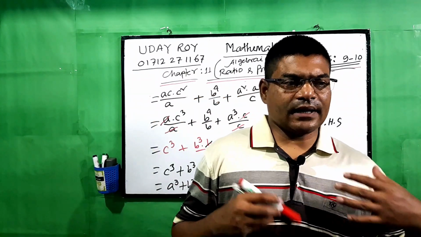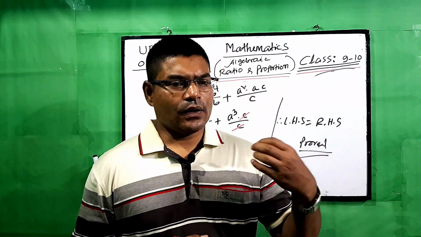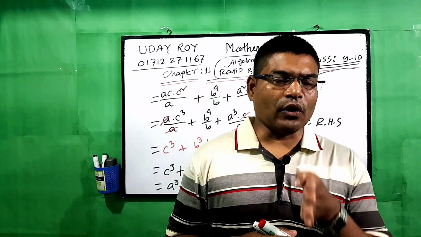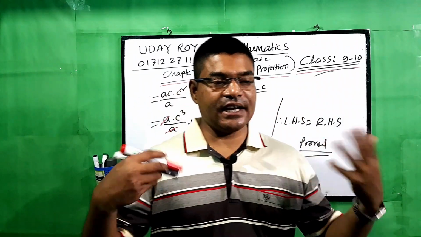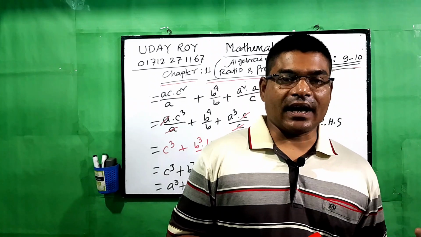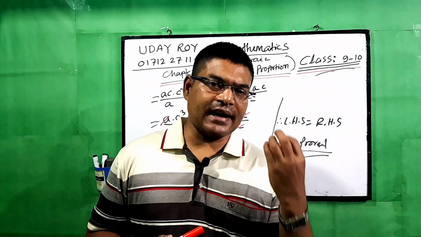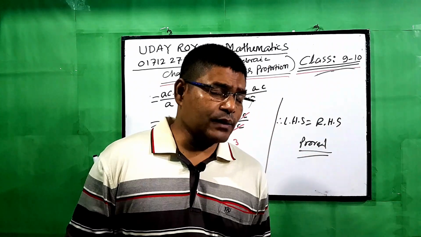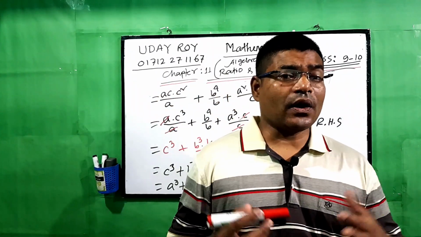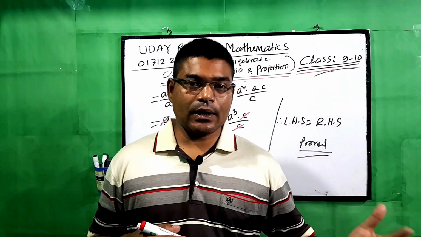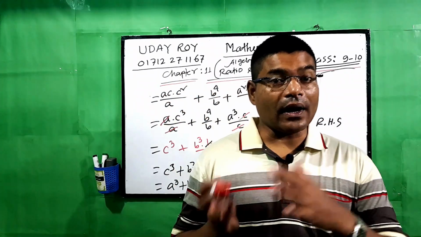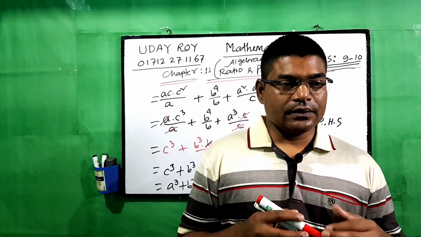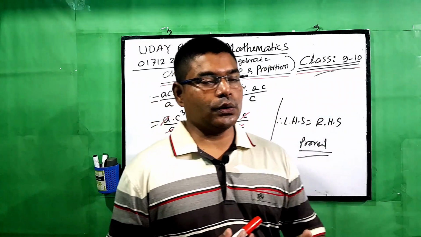So when you see the class, when you see the lecture, always you have to follow first to last, and you have to try to understand the method. This is squaring both sides, cubing both sides, or using the formula b square equal to ac, or componendo or dividendo. Be careful. So please come back, we will do the next.